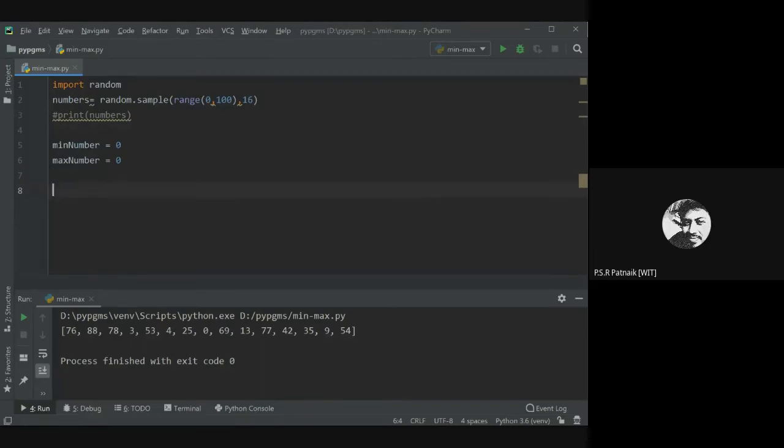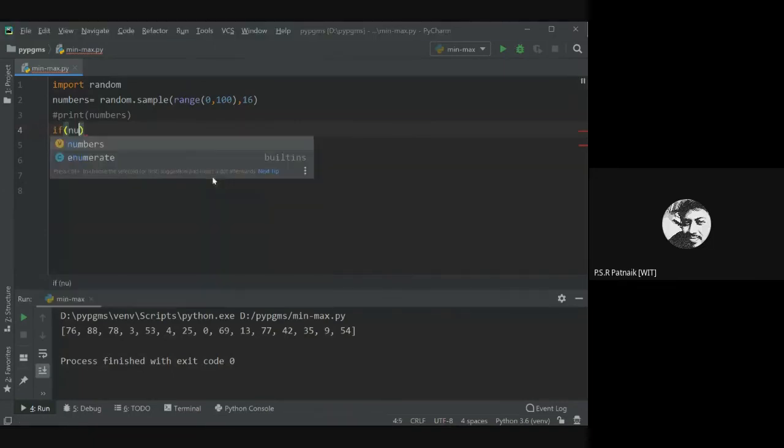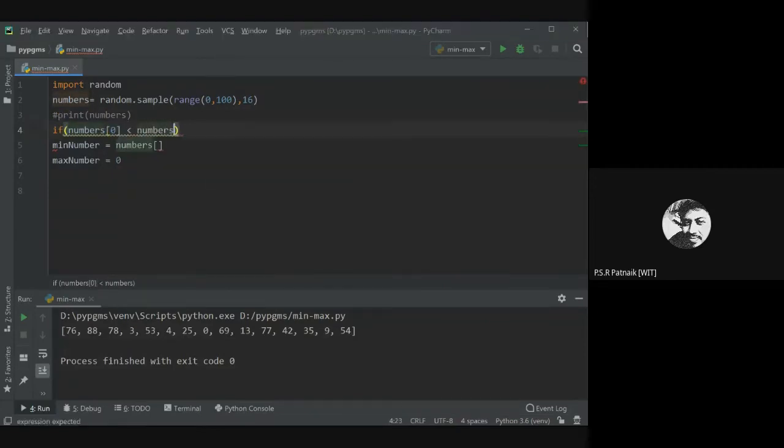If I have 16, what is the first thing I'll do? For the minimum number, let me first check if numbers of 0, meaning the first element, is less than numbers of 1, right? Let us do one thing: we'll not mess with this initialization.